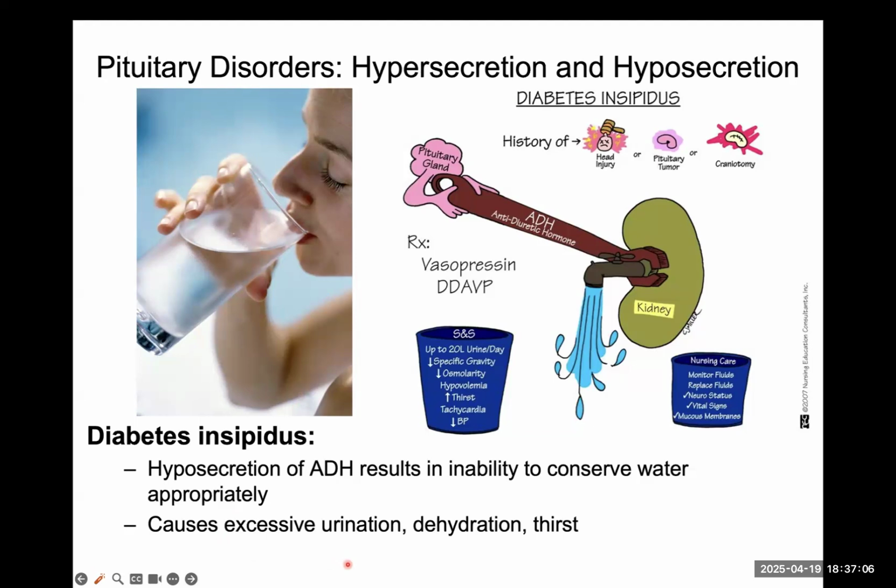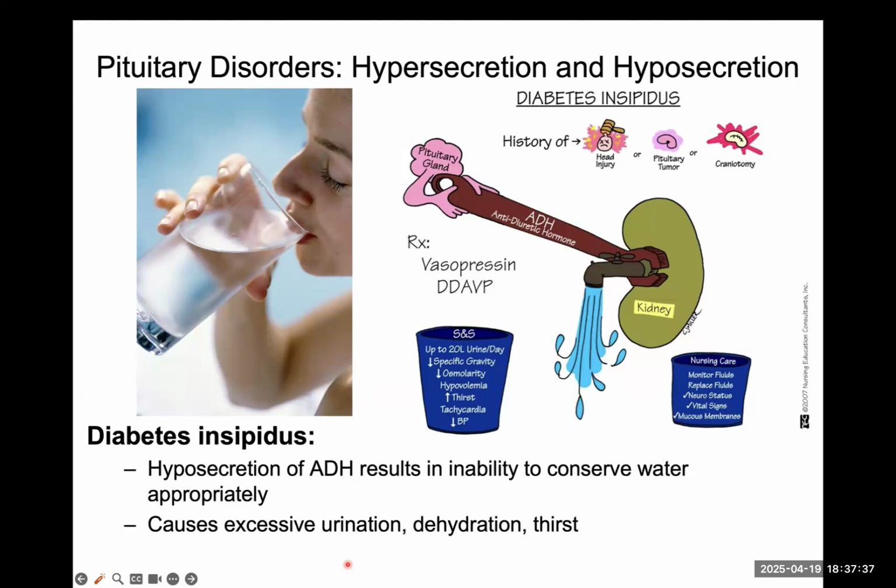So it doesn't make enough ADH, which is responsible for causing the kidneys to conserve water, or maybe it's making too much ADH. So you're peeing all the time, and that'd be a symptom of diabetes. But we wouldn't know which kind until you go to the doctor and test your blood sugar.